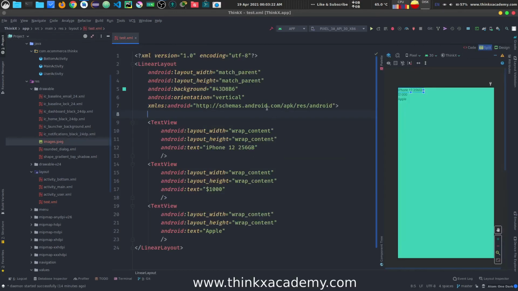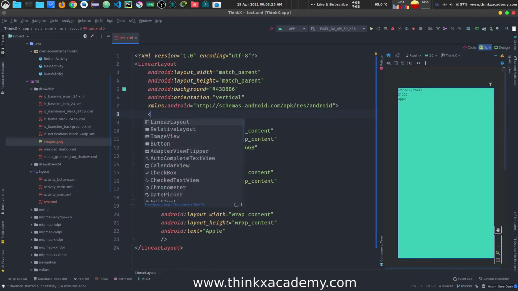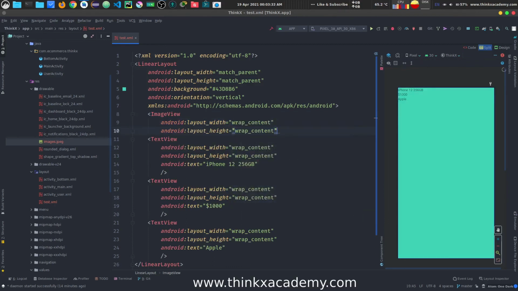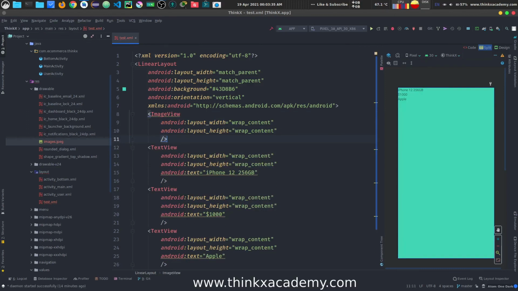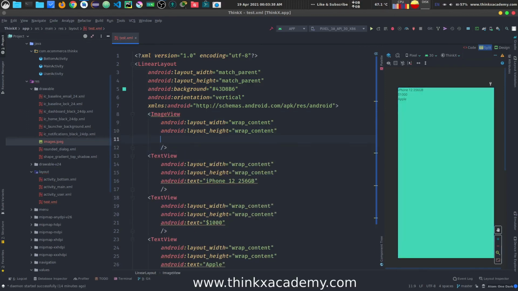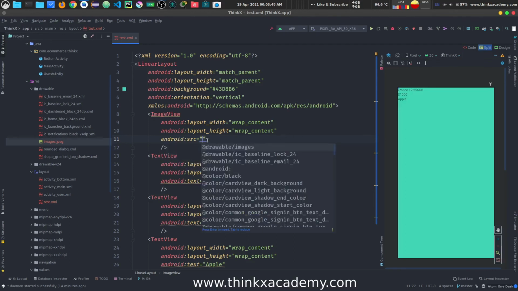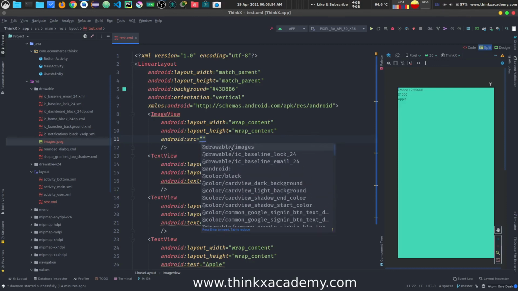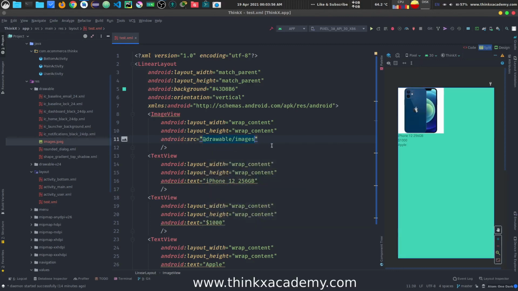Now let's see how we can show it in here. For that, we are going to use another view, which is the image view. The height and width of this view, we can set to wrap content if we want to show the original dimensions of the image, right? Now we will also have to specify the source of the image. Again, we are going to use our common sense, and I will write SR, and here you can see it shows Android source, right? So just double click on here, and now it will already show you a lot of suggestions. On the top, it is showing drawable/images. I will double click on it, and now you can see our image is showing up in the activity